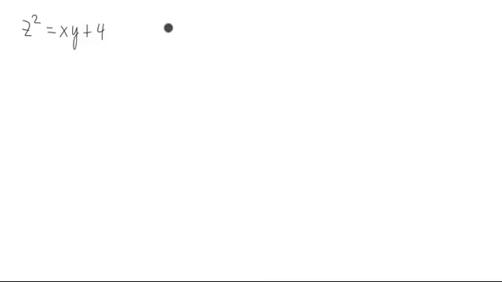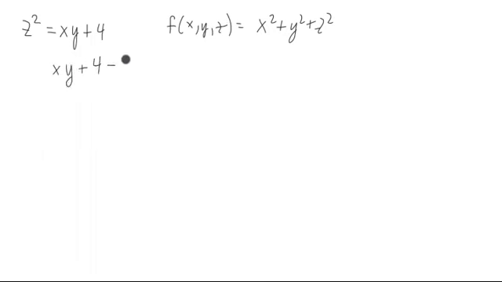In order to do that, we're trying to minimize a distance. The square of the distance from the origin to the point (x, y, z) is simply x squared plus y squared plus z squared, so we try to minimize this. And this is our constraint function. What we need is that the gradient of f is parallel to the gradient of the constraint, which is thought of as a level surface